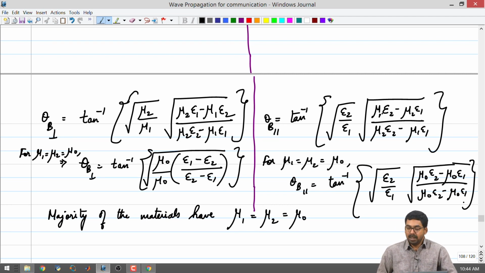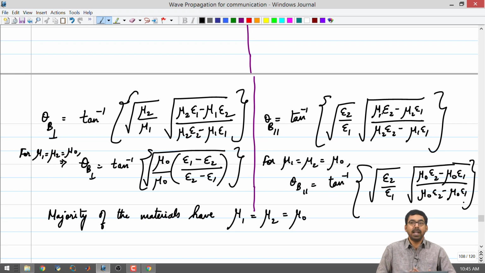It is perfectly possible to have no reflection of one polarization, but a lot of reflection of the other polarization. So, that is what it is going towards. Impedance matching in the case of electromagnetic waves having oblique incidence on interfaces is not a very simple problem. Now, this has a lot of practical applications.